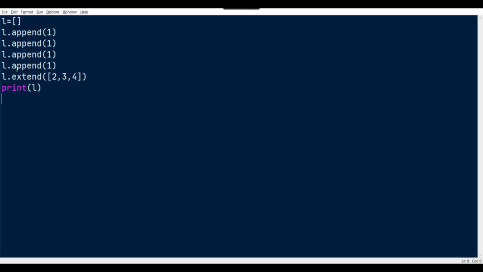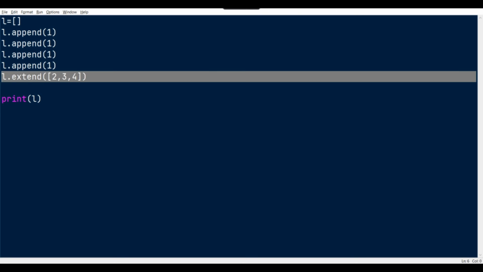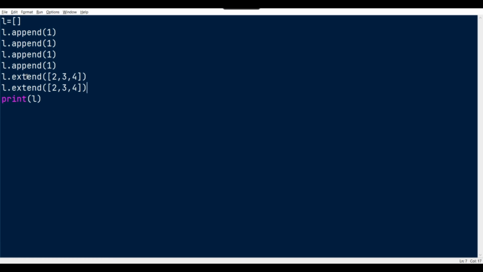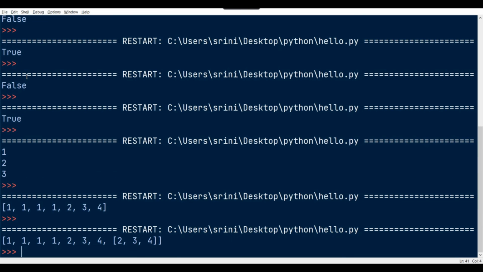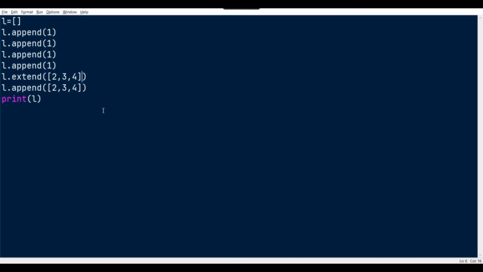The difference between append and extend is that extend looks at the elements and adds them one by one into the list. If I use append instead of extend, we will get what we have specified there. See, we are storing the whole value as a list instead of iterating through the values.